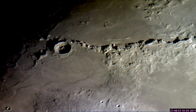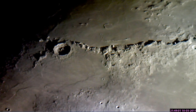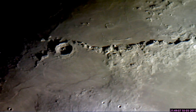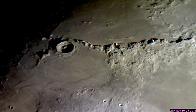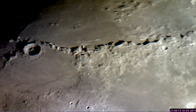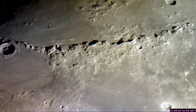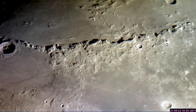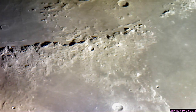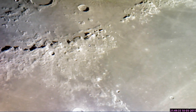Here's the fantastic mountain range I'm talking about, and you can see all these little details of the shadow with the peaks. You can see that edge right there, see that edge right there. It's just fantastic. And I'm going to kind of follow this mountain range. See, this is a mountain range with a lot of detail. And what makes this mountain range so unique is that this mountain range